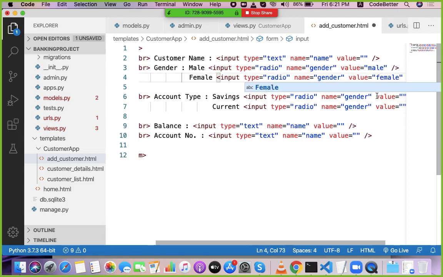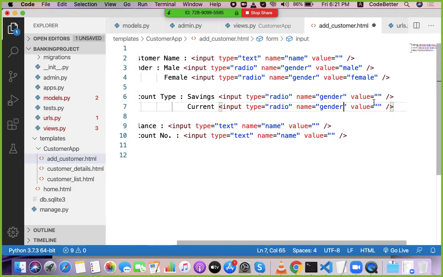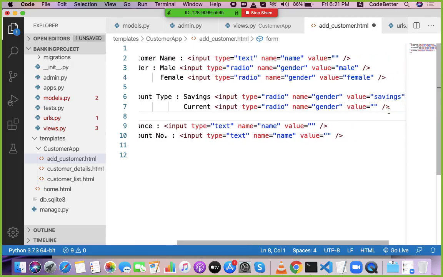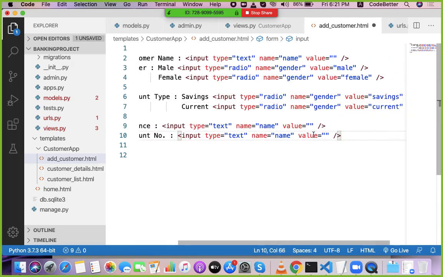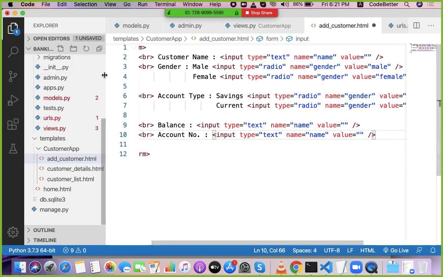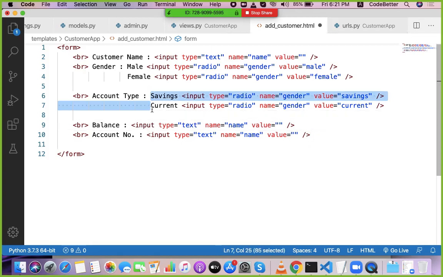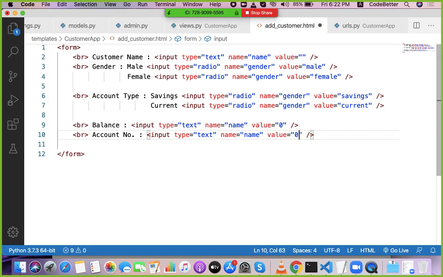Here value is savings, here value is current. So we have created the input selection for account type also. Balance, the default value is 0, account number default value is 0 again.